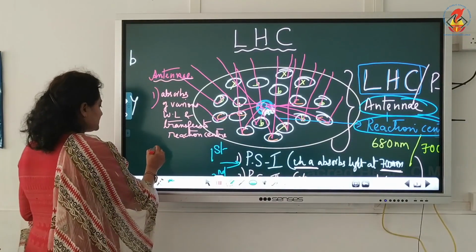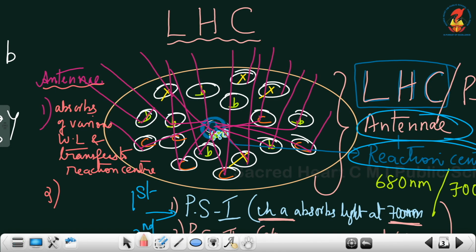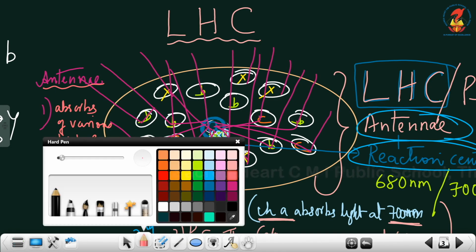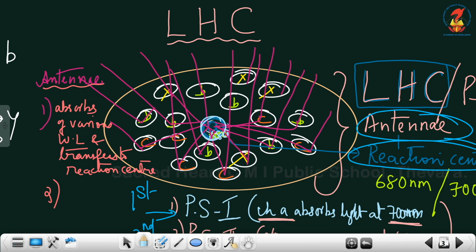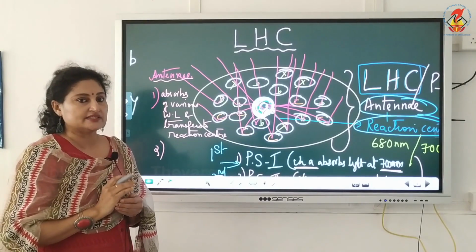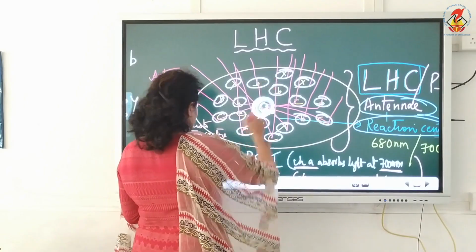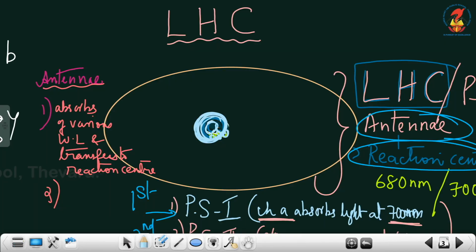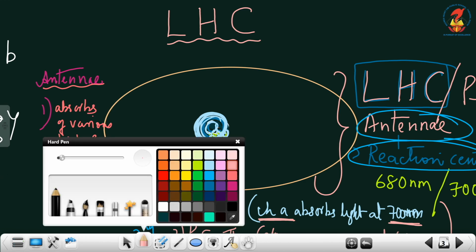The next function is they protect. See, they all are surrounding the chlorophyll A. Chlorophyll A is at the center. I am highlighting chlorophyll A. It is at the center. It is well protected. Chlorophyll A is very sensitive to light. If these pigments were not there, what would happen? Due to the sun's light,